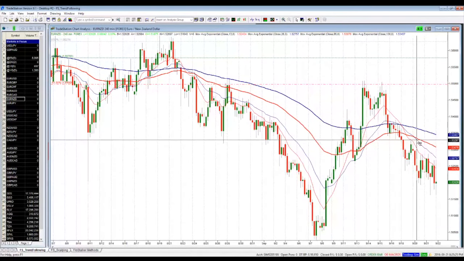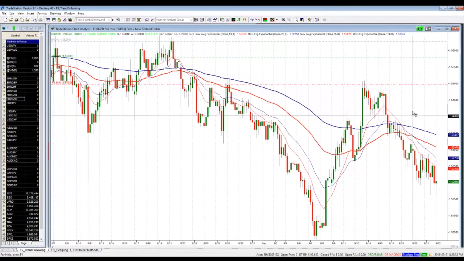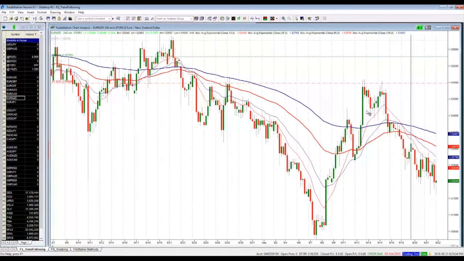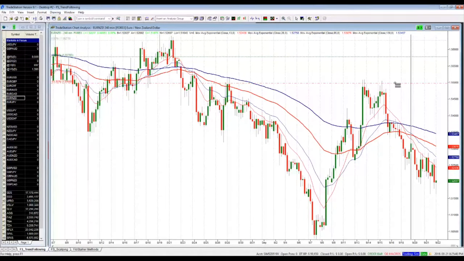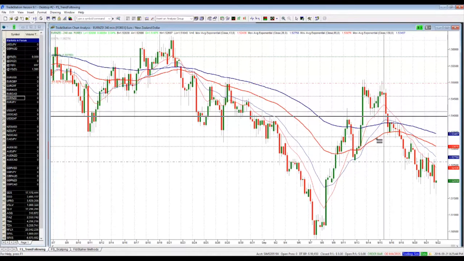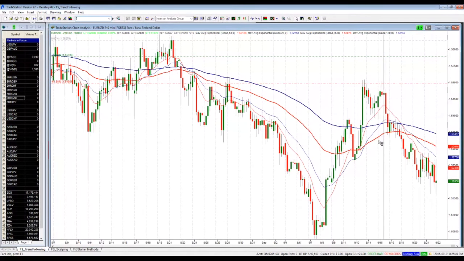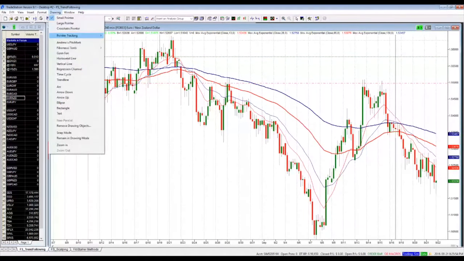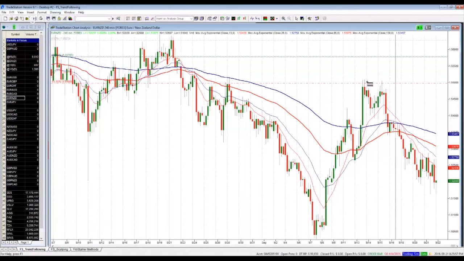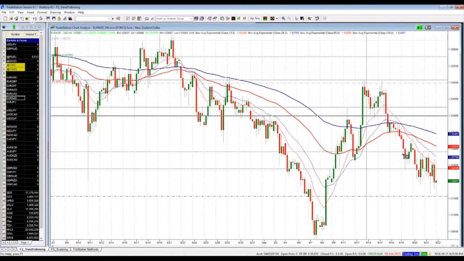Sorry, 153.32 was my entry, and my stop was 100 pips above. There's a reason for that, and there was here an extended move starting here, and I simply have put my stop above the 61% level. Right after that,